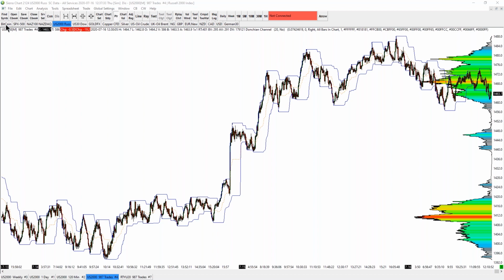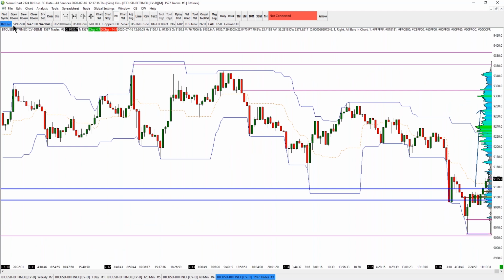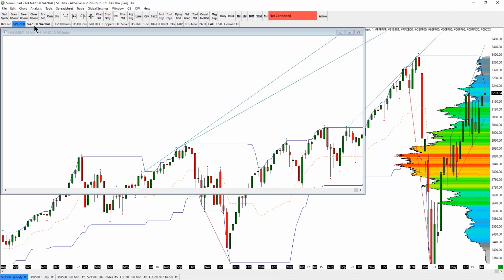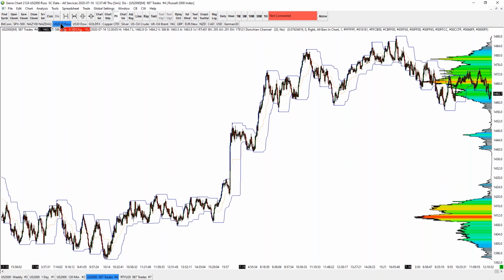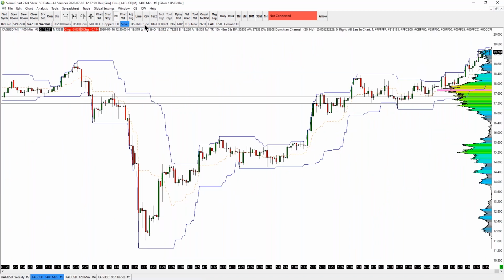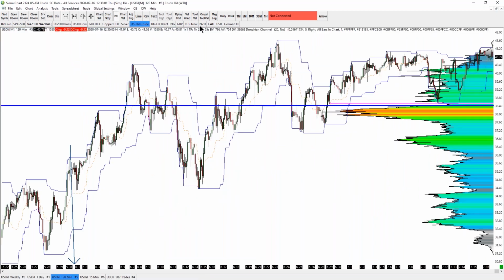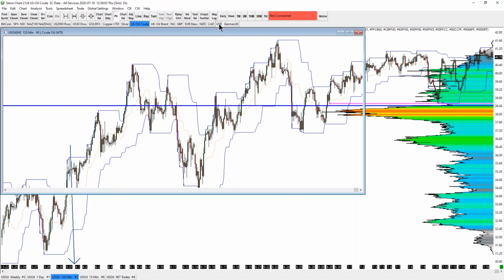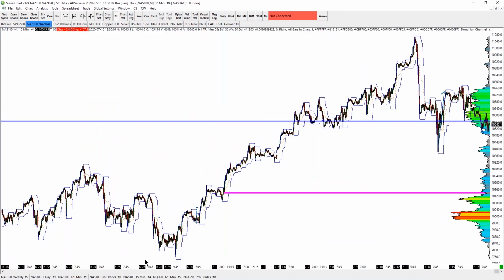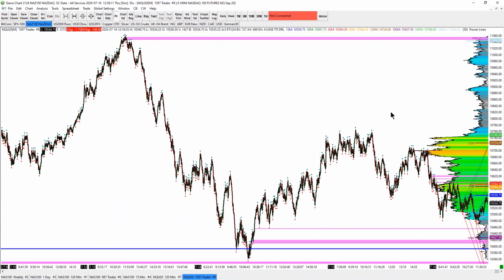But you see, I look at Bitcoin, which I called today long in the room. I look at the ES, which is SPX, NASDAQ, which is the NQ, the Russell, which I called short today. 1452 is my target today on the Russell. Dow, gold, copper, silver, oil, and also we have currency pairs, okay? And how the volume profile works, for example, this is NASDAQ, and you see the volume profile